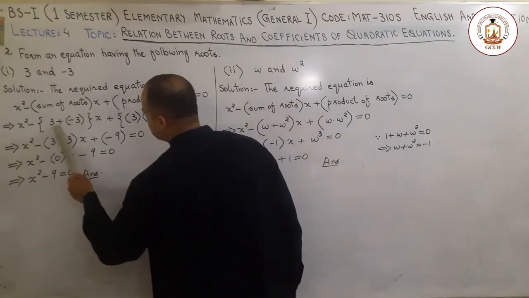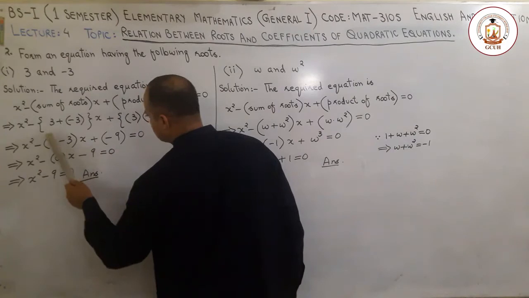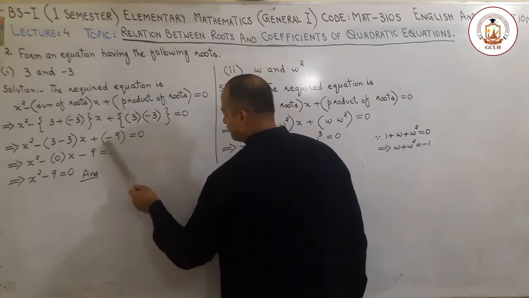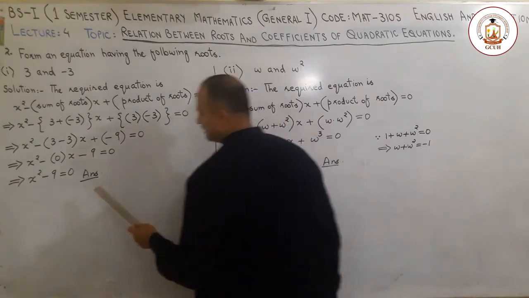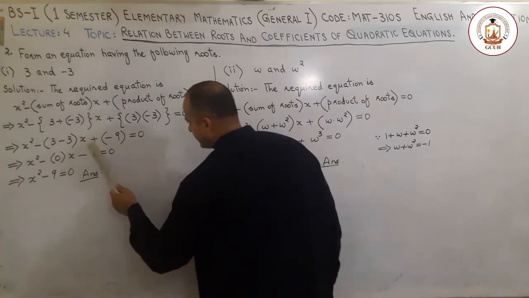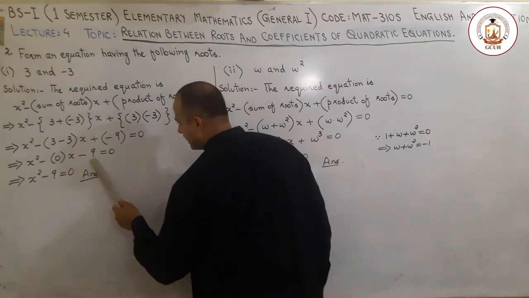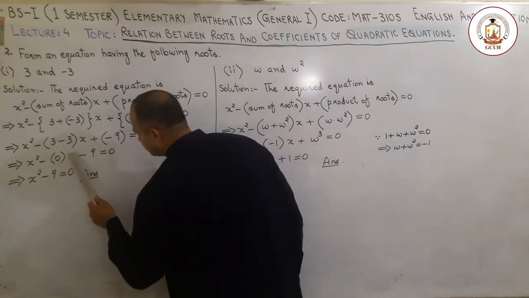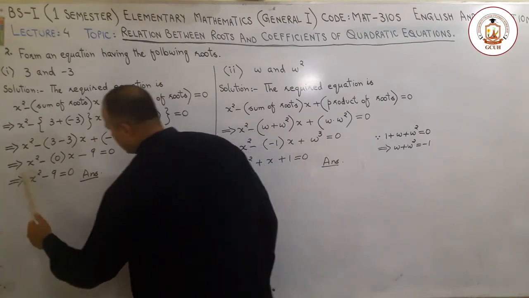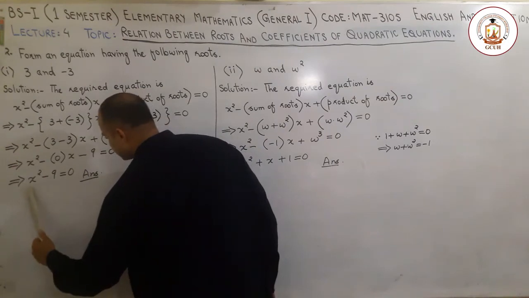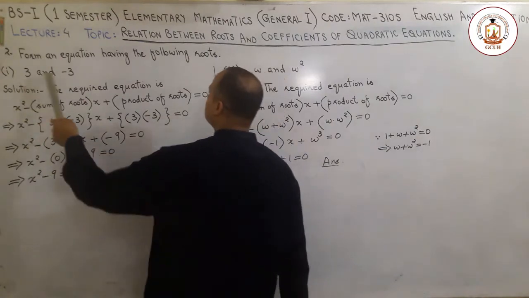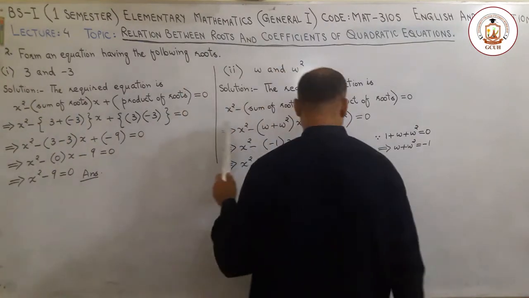Let us simplify further. Plus minus is minus, so 3 minus 3 is here, and here plus into minus is minus, 3 3s are 9, and in the next step these two will cancel each other and we have 0 here, and plus minus is minus. Here we have 9, so the term with first degree vanishes, and the remaining terms are x square minus 9. So x square minus 9 is equal to 0. This is the required equation for which roots 3 and minus 3 are given in this question.